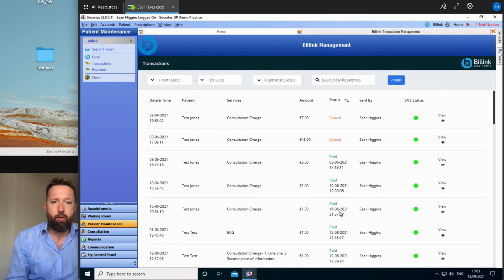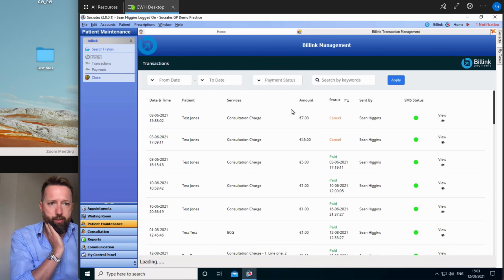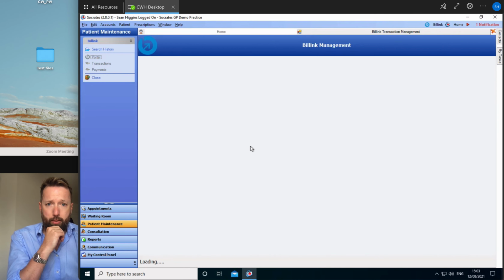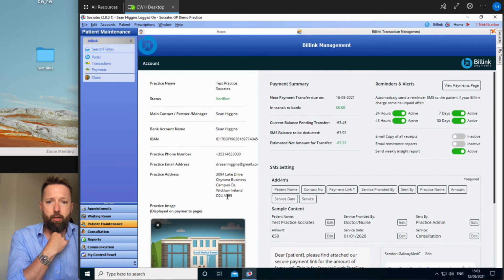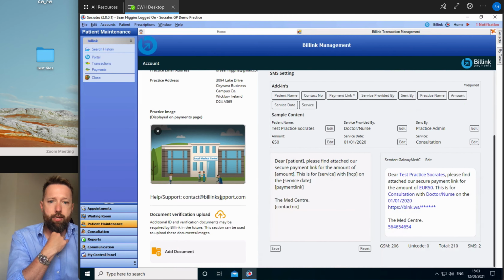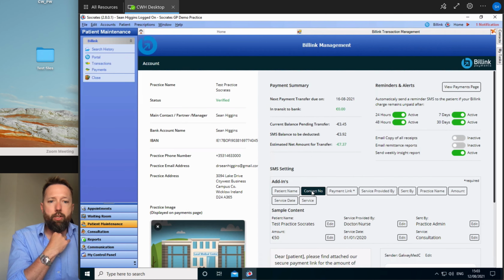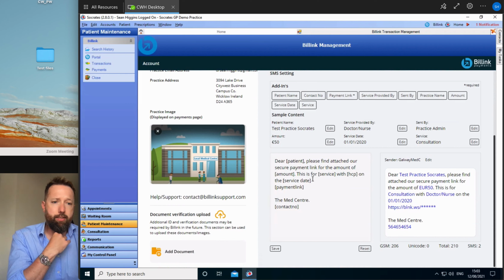We have a couple of typos and some text changes to bring in as well in a subsequent release this afternoon. If you have any questions or queries at all, please don't hesitate to send us an email. You can email me at sean.higgins@blinkpayments.com. There's also a support email that you'll be able to see at the bottom of the main dashboard page here, which is contact@blinksupport.com. If you need any help with tailoring these SMSs, because it's important to get it done right the first time,